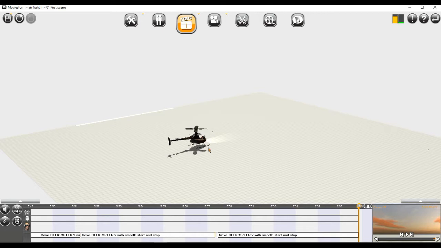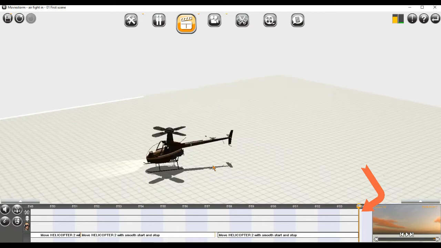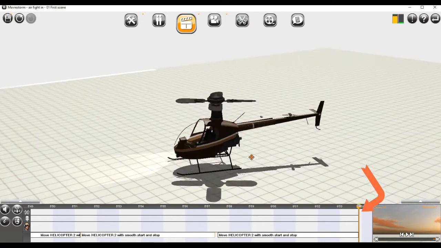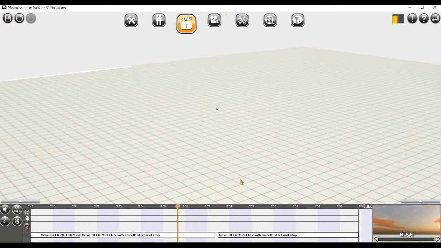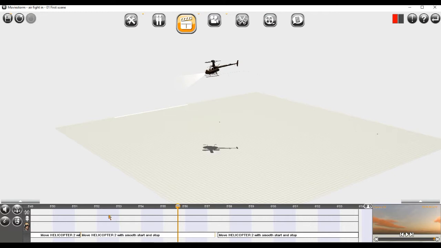You see that the helicopter landed normally in vertical, but it turned by itself when it landed. But that's okay, don't panic. To straighten it to its front position, you place the cursor in the timeline just before the end of the landing movement and you drag the helicopter and point it towards its forward position, as I show you on the screen. Now assuming you want a more spectacular landing,